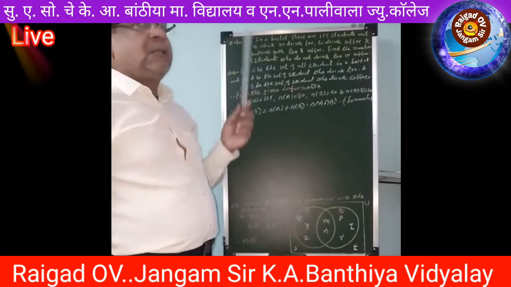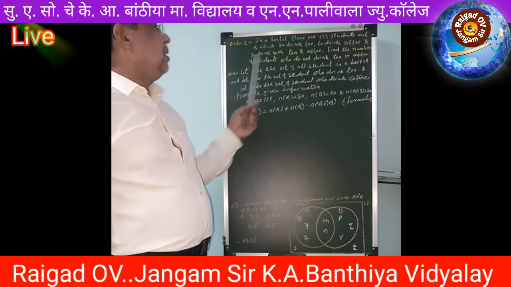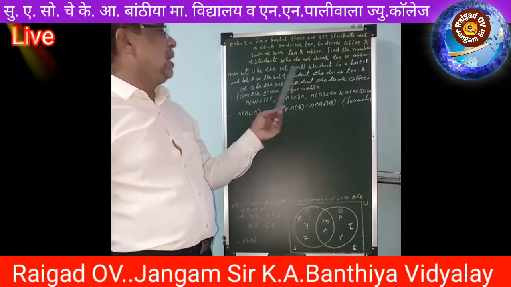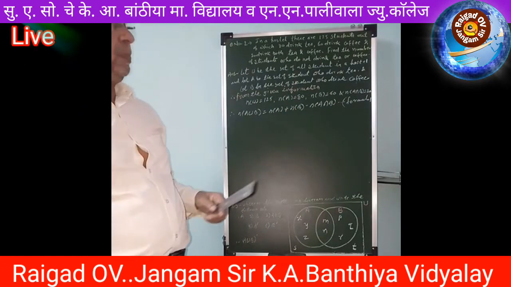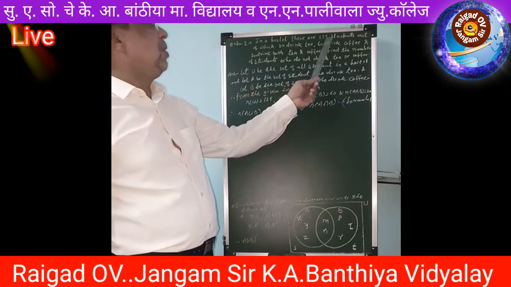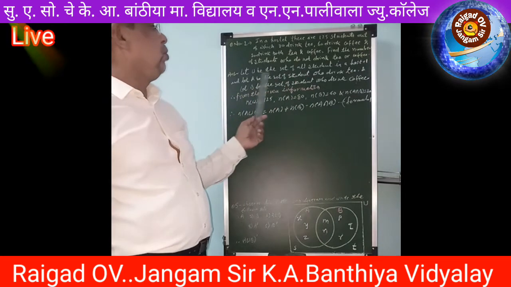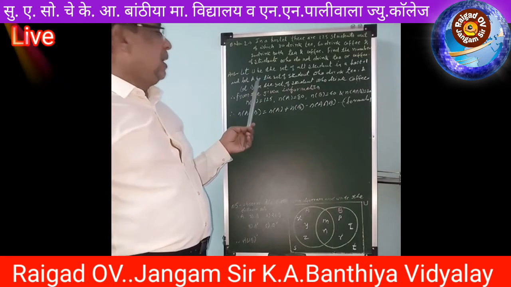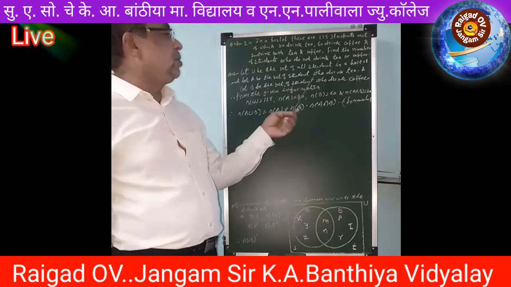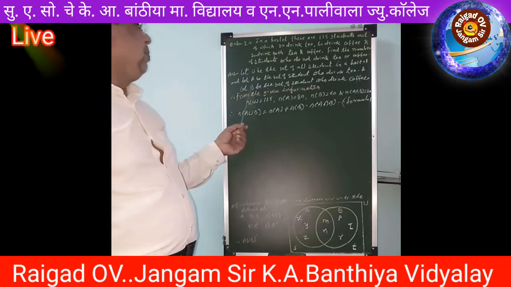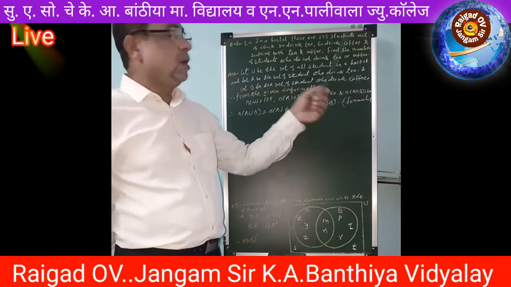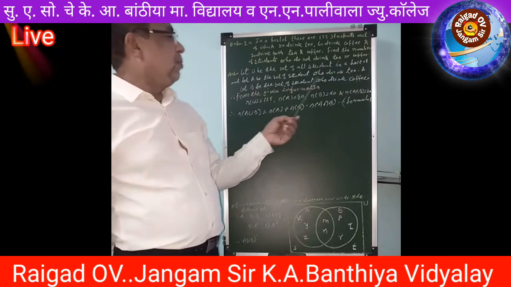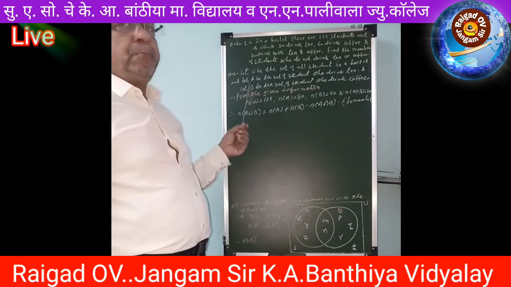That means you find out how many students do not drink tea as well as coffee. So first of all read the question. From that we can write some important points like this. Let U be the set of all students in the hostel. We know how many students there are, 125. For that you can write: let U be the set of all students in a hostel, let set A be the set of students who drink tea and let B be the set of students who drink coffee.